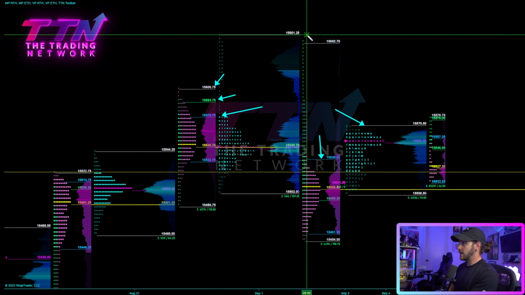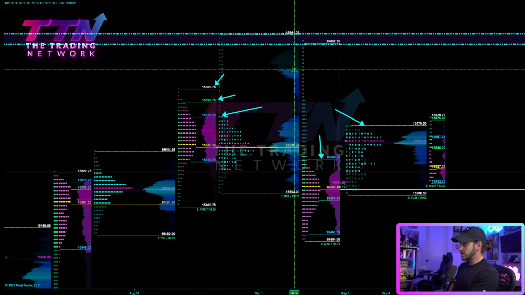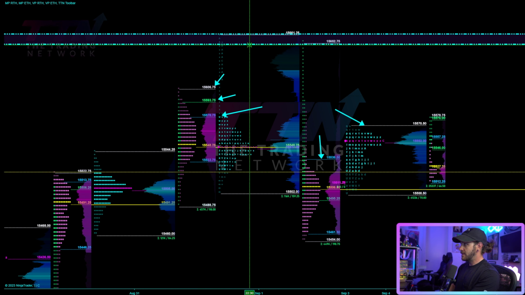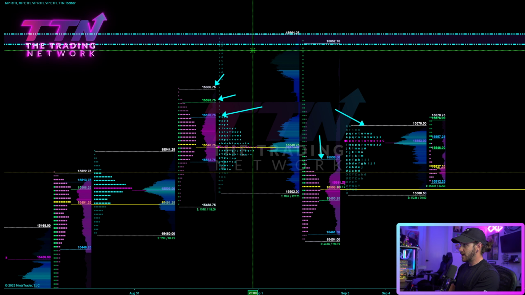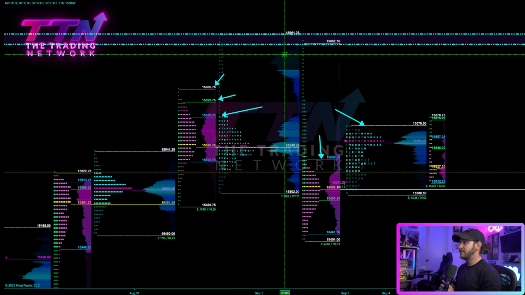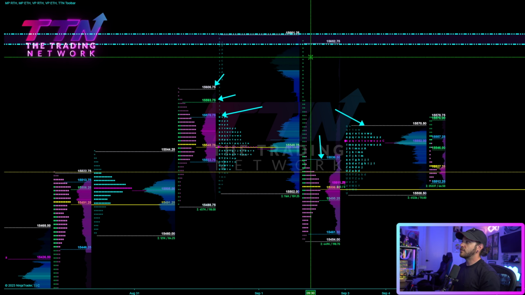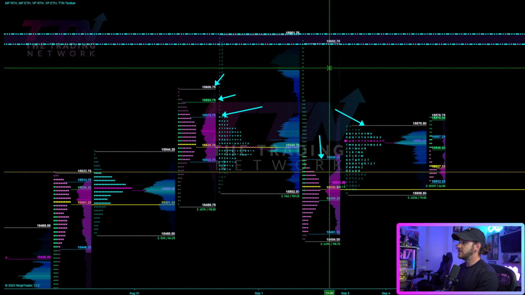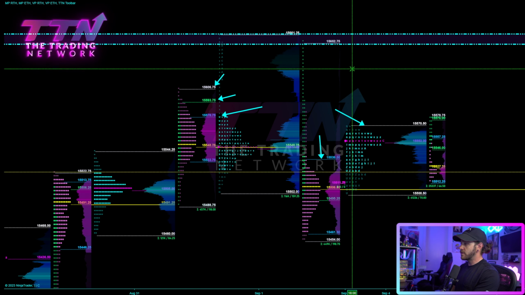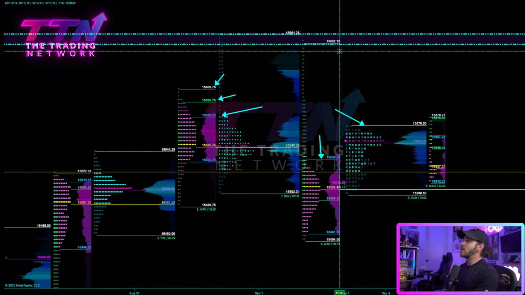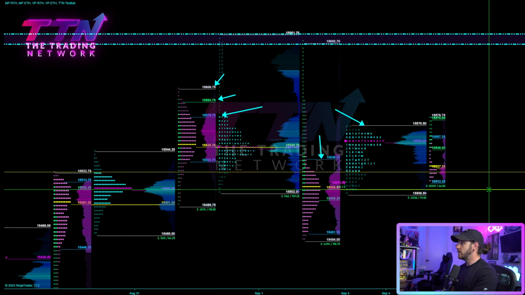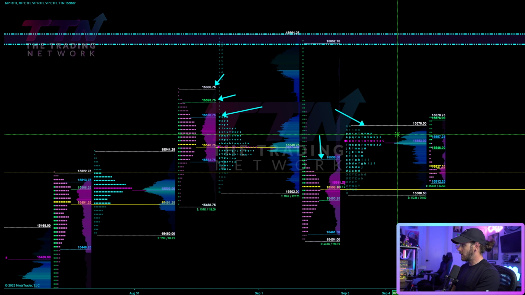And then the fourth area I would be looking for price to move is, of course, the highs from Friday. And that lines up with the overnight high from Thursday into Friday. So we have the overnight high at 15,661 and Friday's high at 15,652. So that would be my fourth and most drastic target. That would be basically a move up about 130 points from where we are currently.